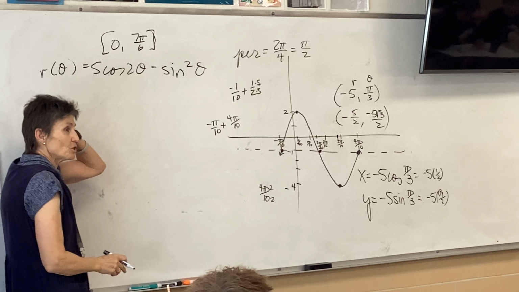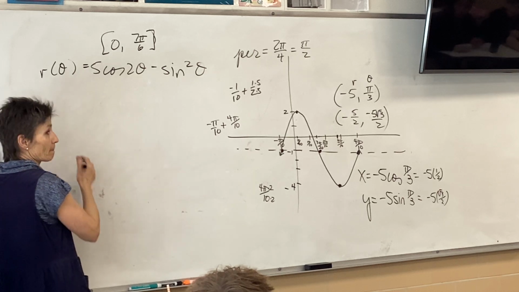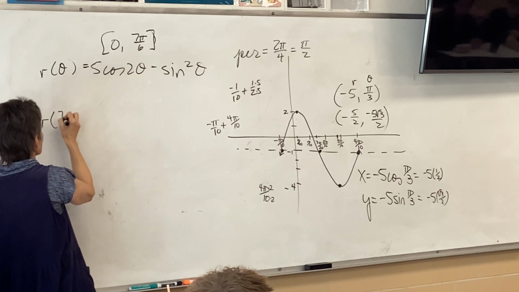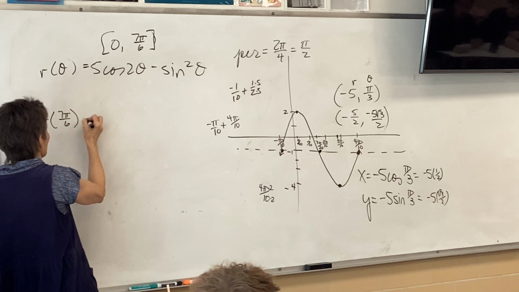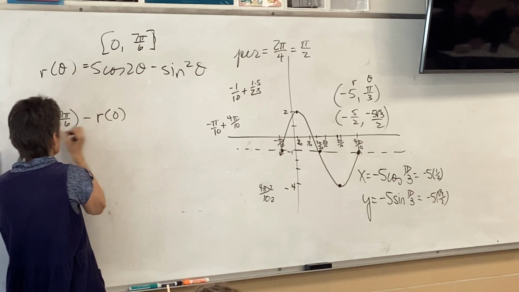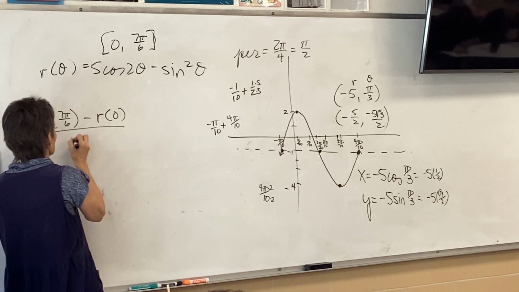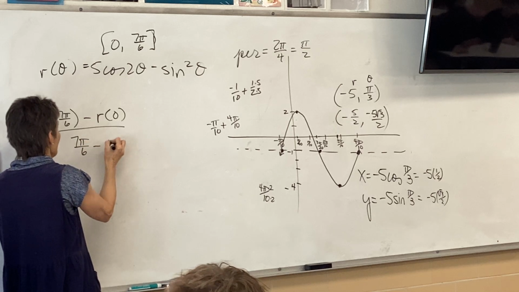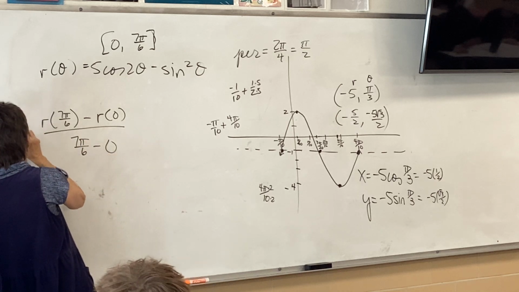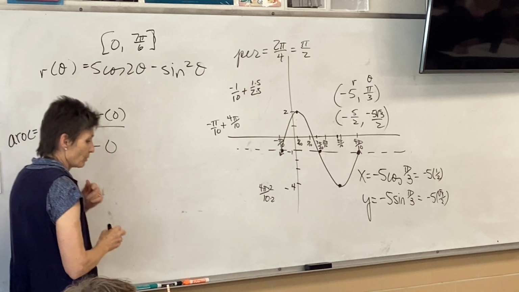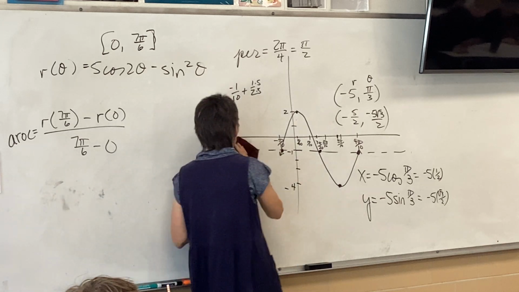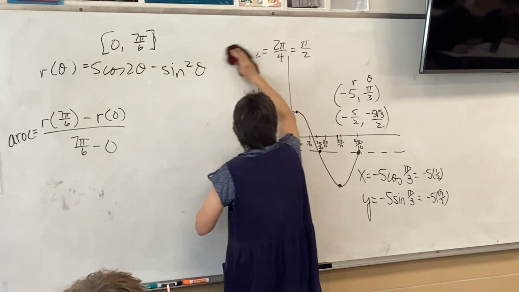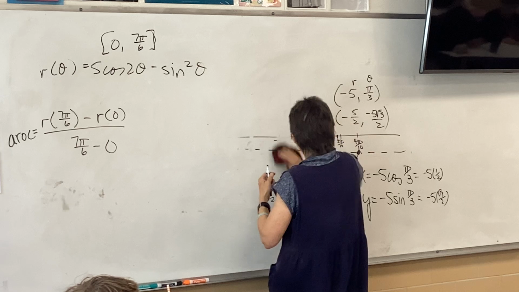So, average rate of change: r of 7 pi over 6 minus r of 0, over 7 pi over 6 minus 0. Would everyone agree with that setup? Okay. So now we have to figure out